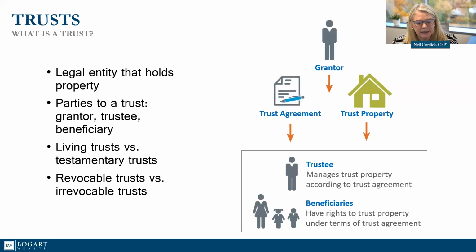While we won't go into great detail, and there will be subsequent seminars that go into probably more advanced estate planning techniques, revocable trusts are commonly used to plan for incapacity and to avoid probate. A trust avoids probate because the trust agreement itself determines what happens to the trust property upon your death. Basically, the beneficiaries are already named in your trust, so nothing has to go through the probate court to be approved accordingly.